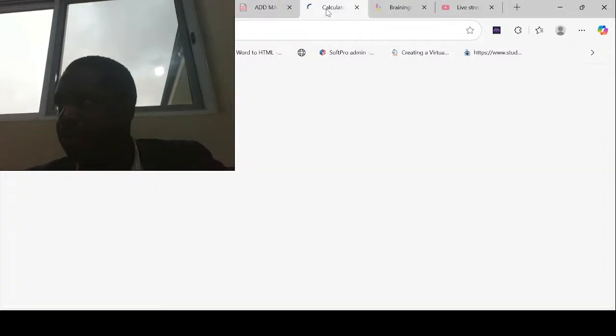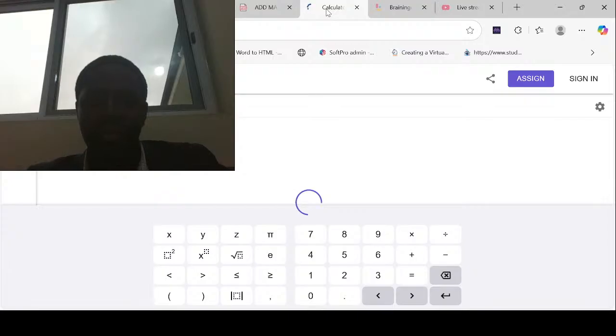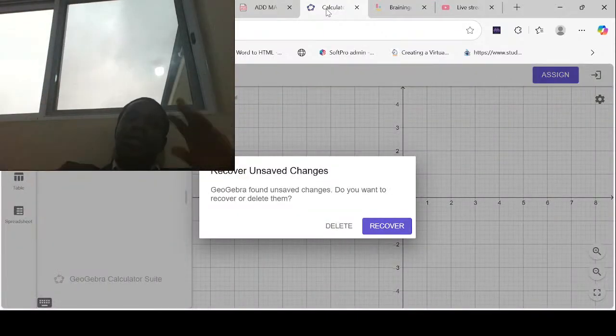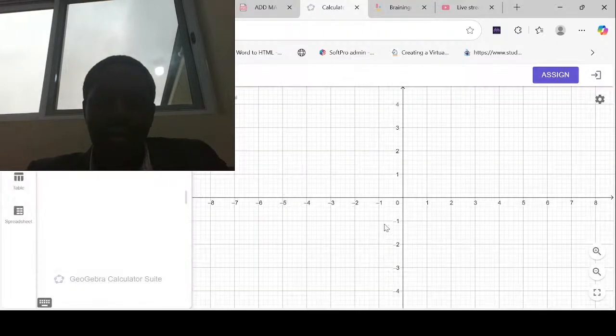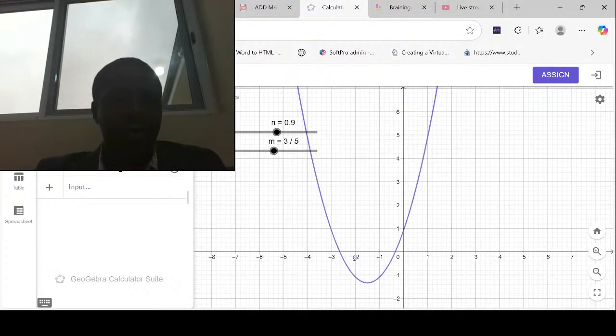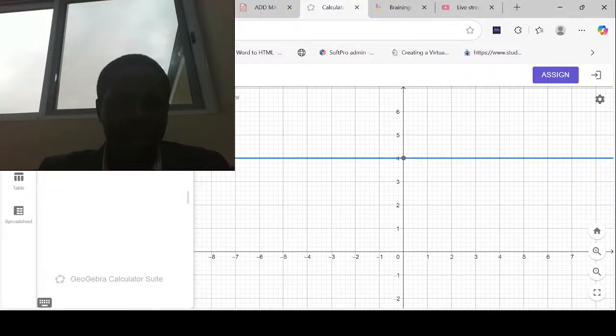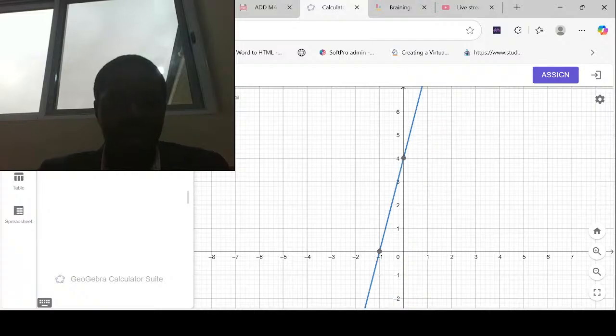Now we can put in a value of m. We are no longer using the slider, or we can just adjust the slider to the value that we have solved for. So we can just delete this, isn't it? We don't need the slider again, right? So the first, y is equal to, m is 4, right? 4x plus 4, right? Then the second one is y is equal to